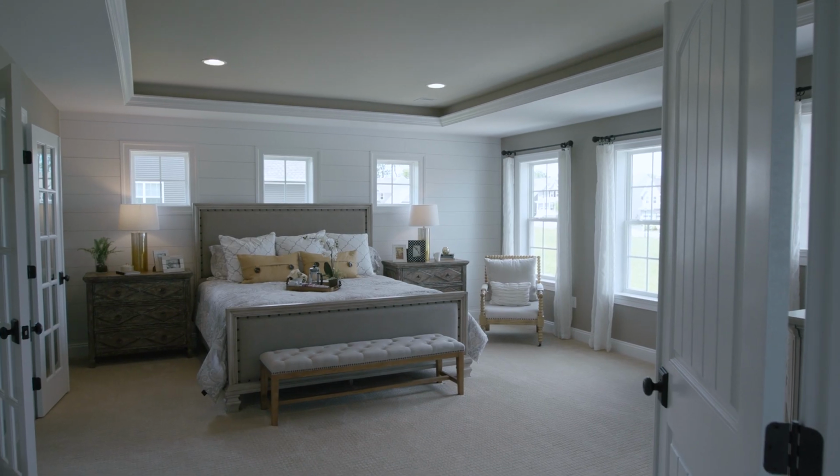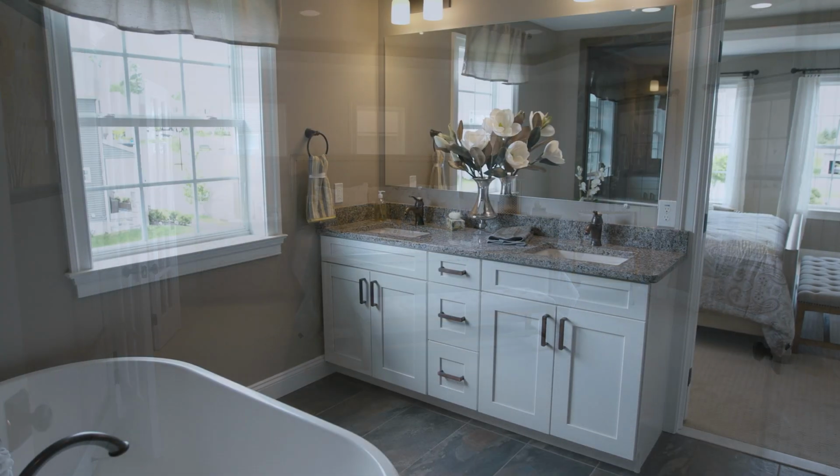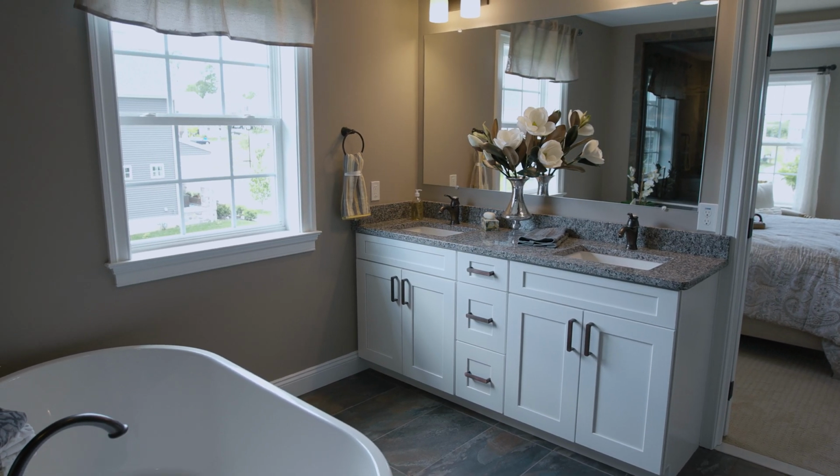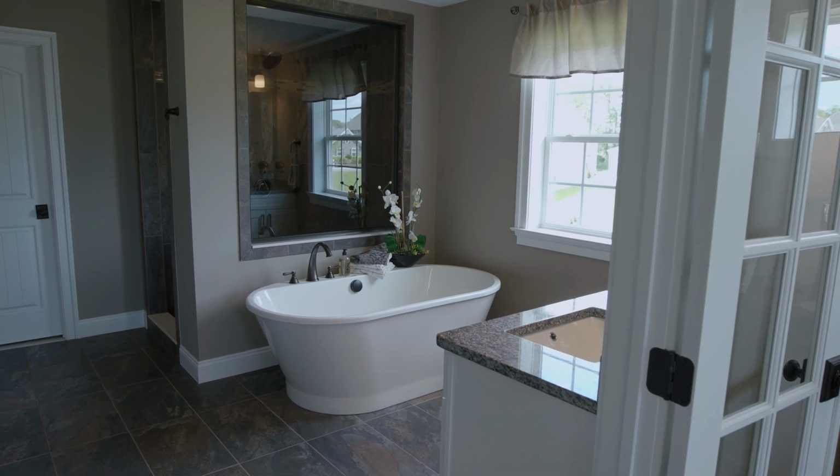The second floor of this home features an expansive owner suite. That particular owner suite has a tray ceiling and some decorative windows which add a lot of natural light into the room. The Venetian bath features an expansive tiled walk-in shower with a body spray system and a freestanding deep soaking tub,